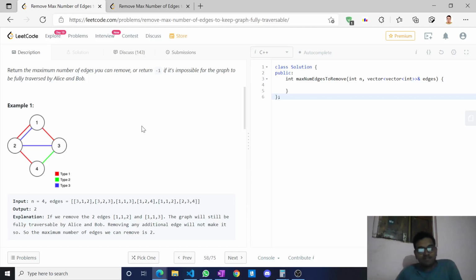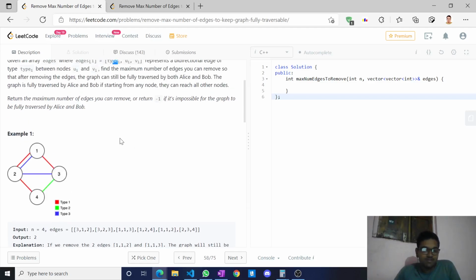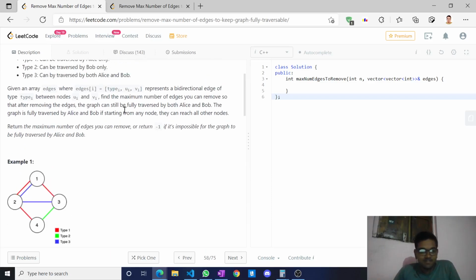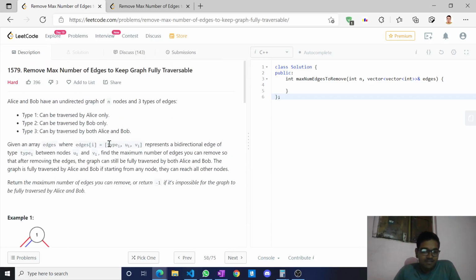So which should be the first approach coming to your mind? Can it be done using DFS or BFS or something like that? But here is the catch: we have to remove edges. And in DFS, if we try to remove a particular edge, we have to do the DFS multiple times. So one intelligent approach can be to use a disjoint set union for this problem.